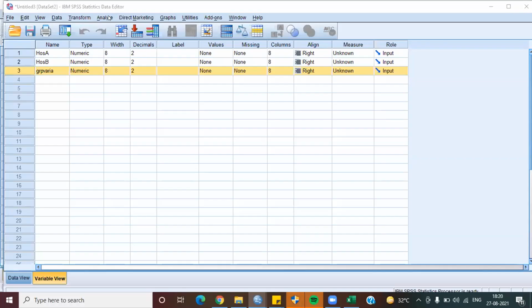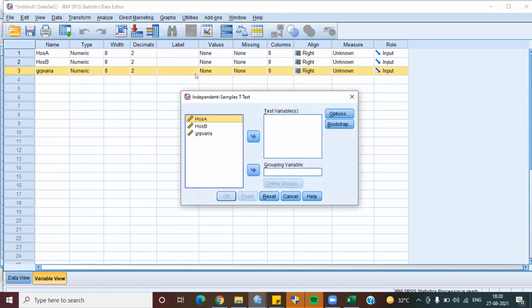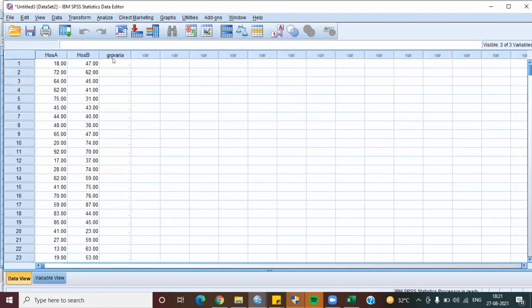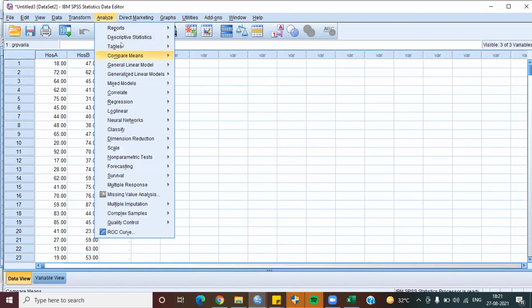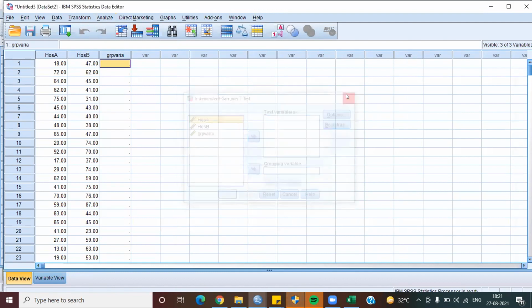That is my another screen. How to define the independent one. Okay. This was the independent compare mean and independent sample t-test. Just in the next one, I have data set in this way because I have in Excel. So I have in this way hospital A and hospital B, and here is a group of variable. As you can see, in analyze, we have things in this way. What we required in this for testing: the test variable and grouping variables, because I was provided data in that way.